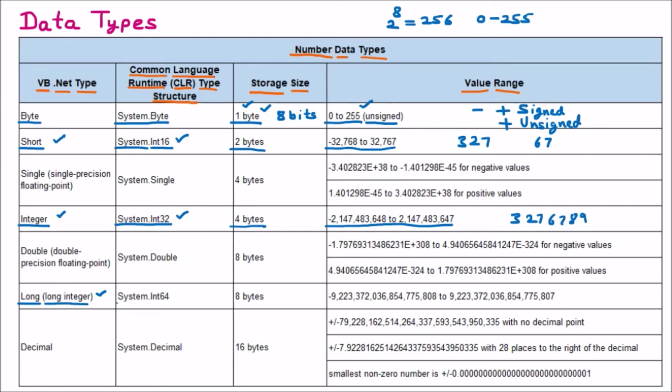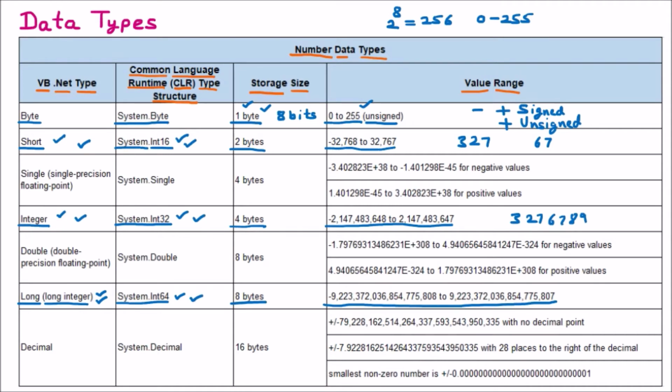Now here you can see System.Int64. So it is again increased, and it is 8 bytes. If it is 8 bytes, it will consume more memory and provide you more range. So you can see that this is the biggest number which can be taken here. Depending upon the requirement, you can take the short or the integer or the long. These are falling under the same category, that's why starting from Int16, Int32 and Int64, they are taken.